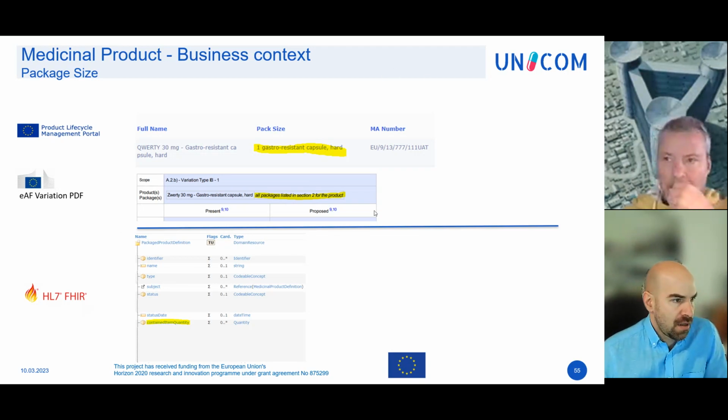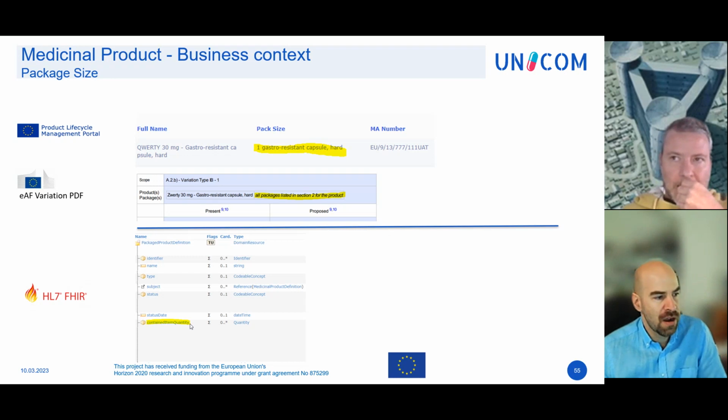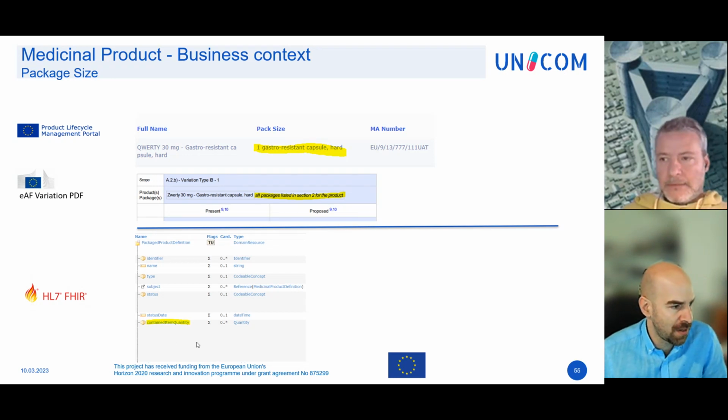And then in the PDF, at the moment, you can see them in the present and proposed. We do print the packages. If not all packages are selected, we print the specific package that was, and we do this by stating the package size. In FHIR, this is the package product definition contained item quantity. There are several quantities in the package, and they are easily confusable. The contained item quantity is the one that we're using to show the pack size.